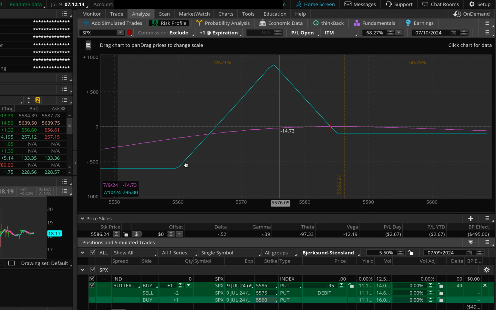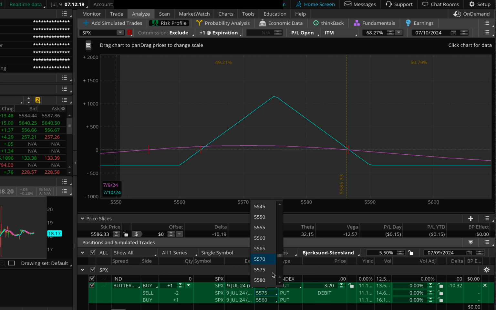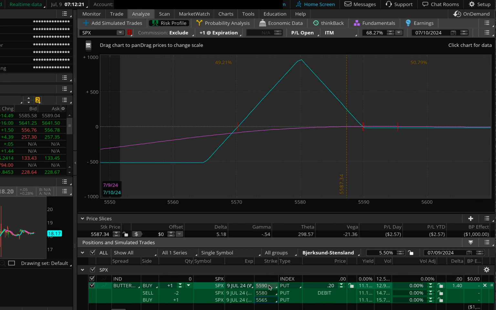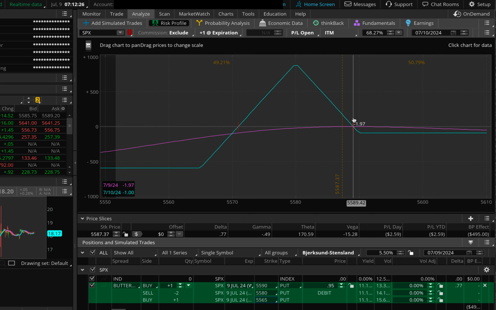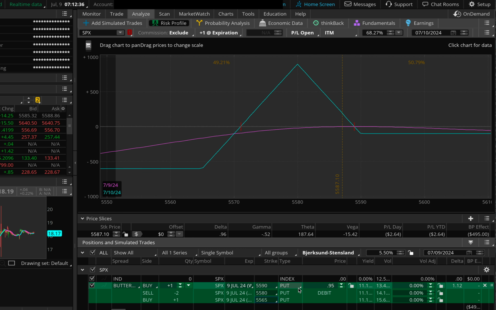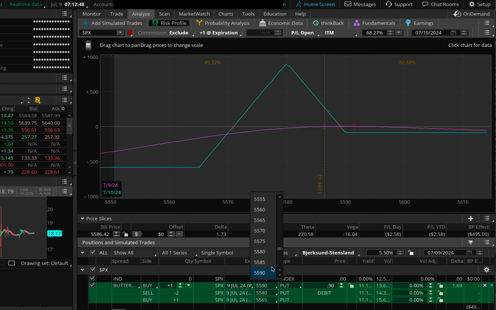That's not too shabby. Let's see what happens if we come in one. Okay, well, this is one of those situations where we're kind of between strikes. Ideally, I like to get it right on that leg, right where it turns, right on the break even there. But what I'm going to do today is, let's see, is it going to move up there? Let me see here. If we come up here to